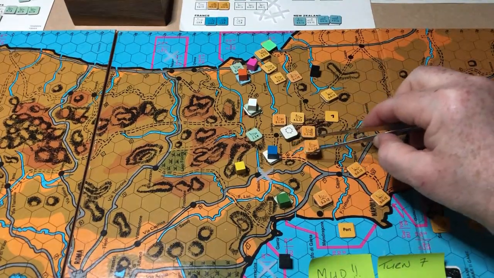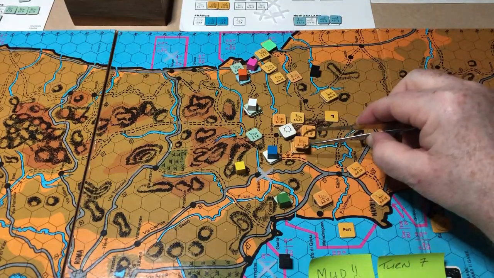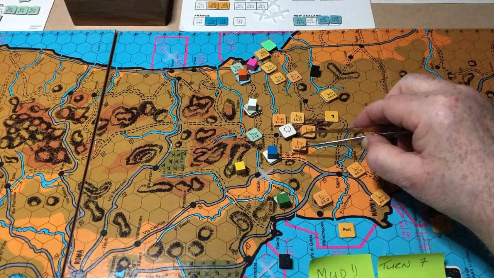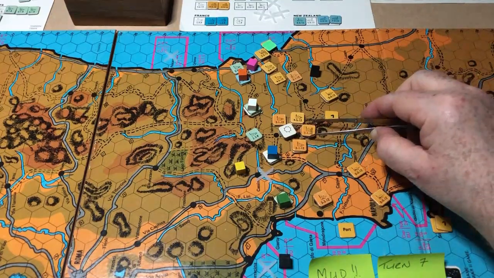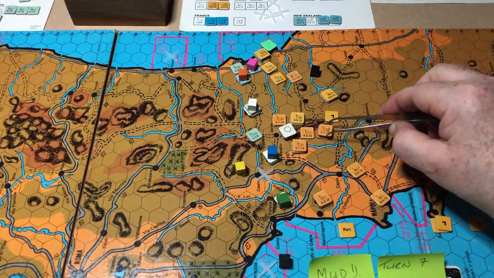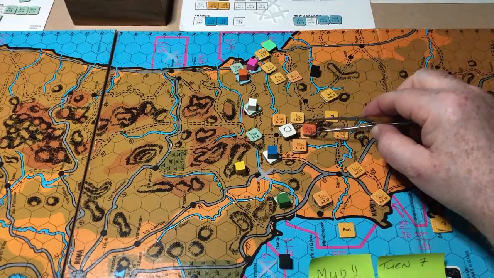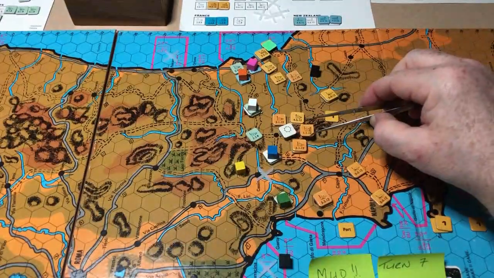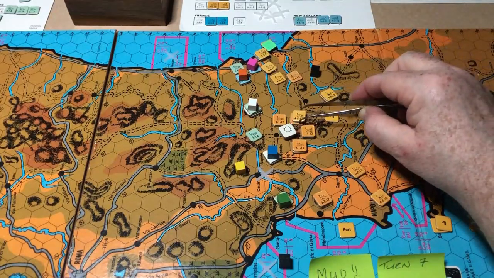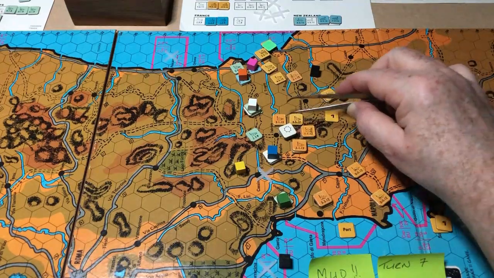So that hex side is all rough terrain. So that armour is actually only worth 1. So I have to recalculate. So it's 3, 6, 7. Plus 4, 11, plus 3, 14, plus 1, 15, plus another 8, 23,